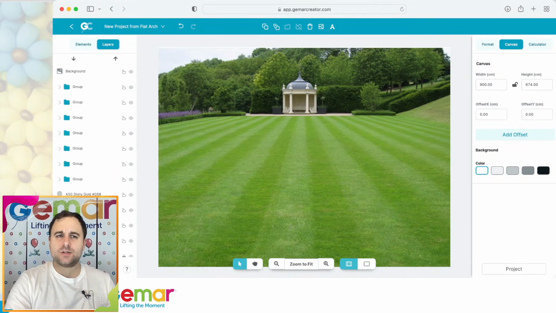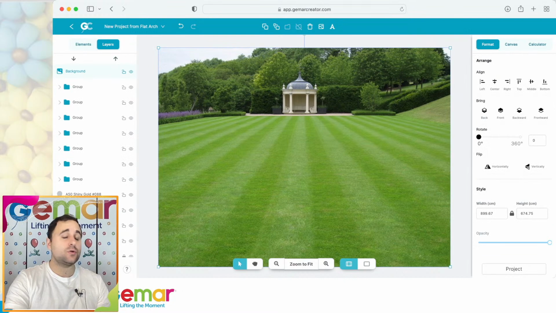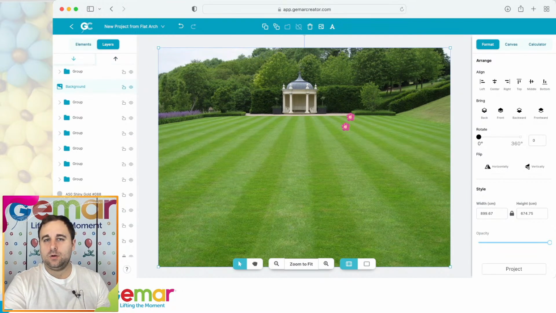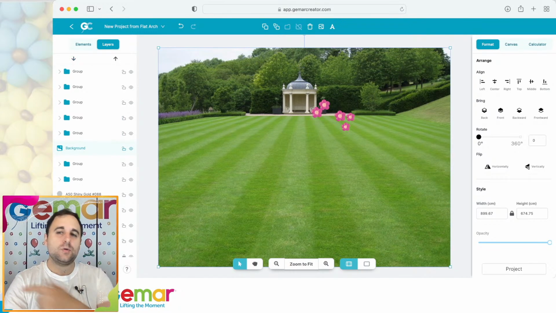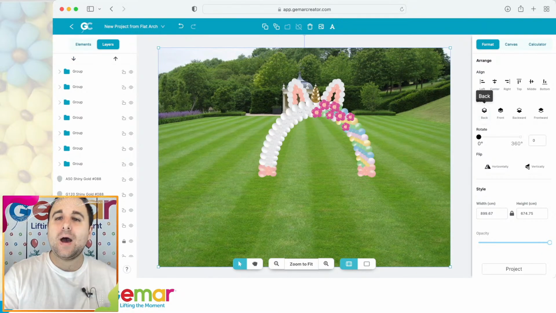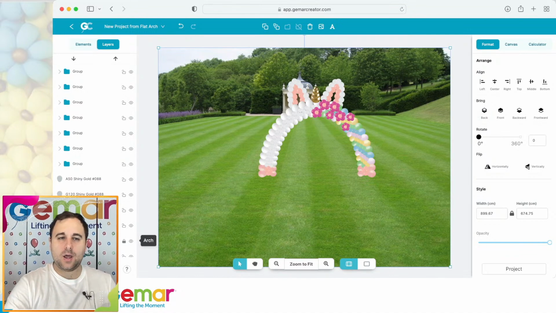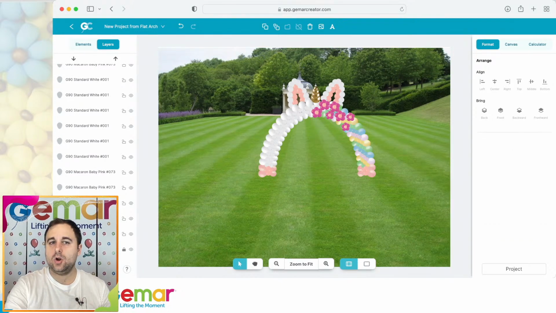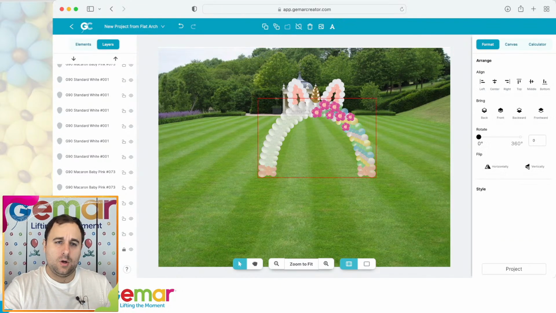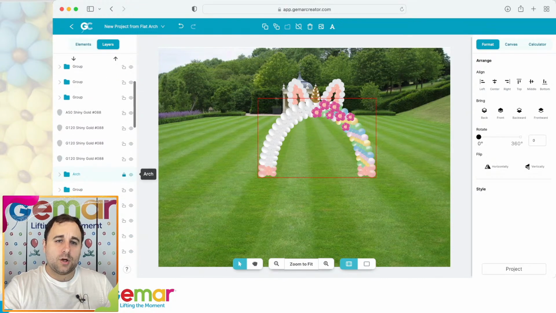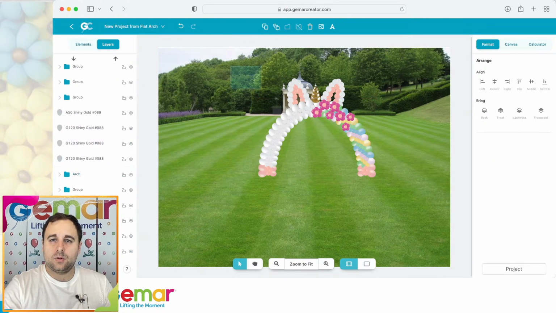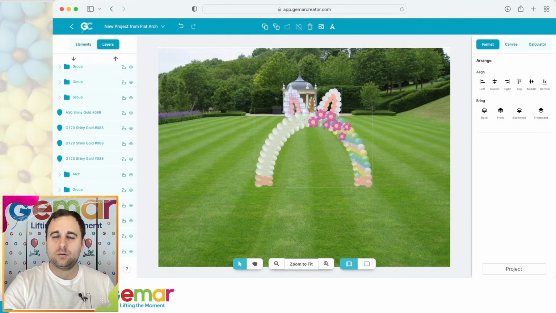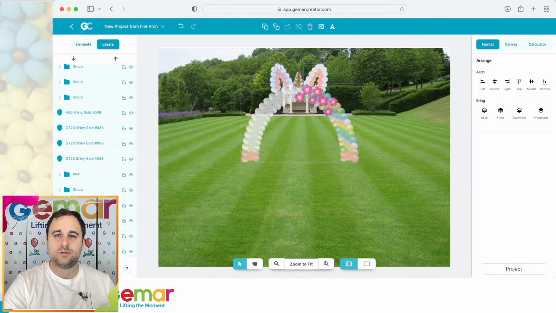So let's go to the layers. As you can see, here's the background, and you can see the 2 arrows, so you can move just one by one. As you can see, it starts to appear as it's literally sinking, or you can go to the right side of your screen and send it back. Voila, you have everything here. Okay, and I'm gonna lock it, so it's locked just like the arch. But I'm going to unlock the arch right now because I need to move everything here at the very center of our